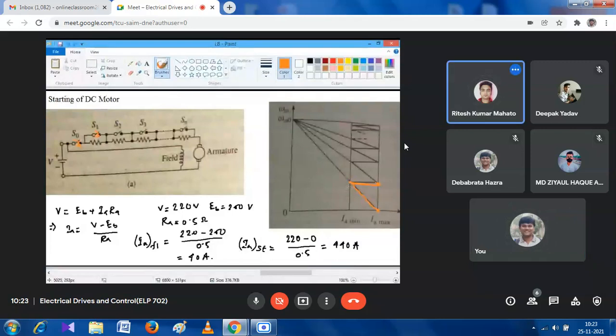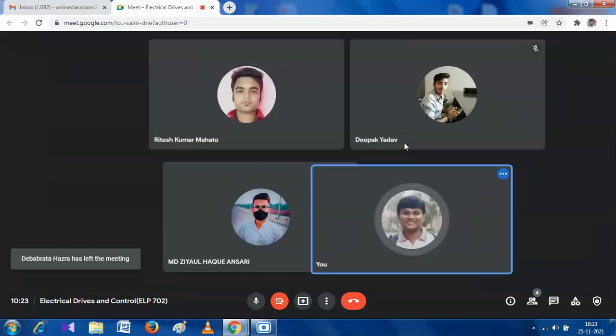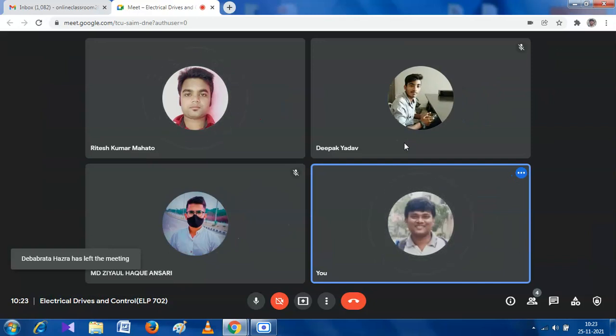So after closing the switch S1, the current goes from I min to I max at that instant, and after that, though the value,